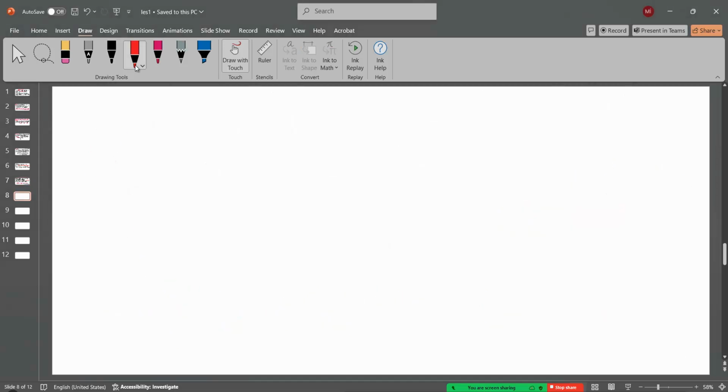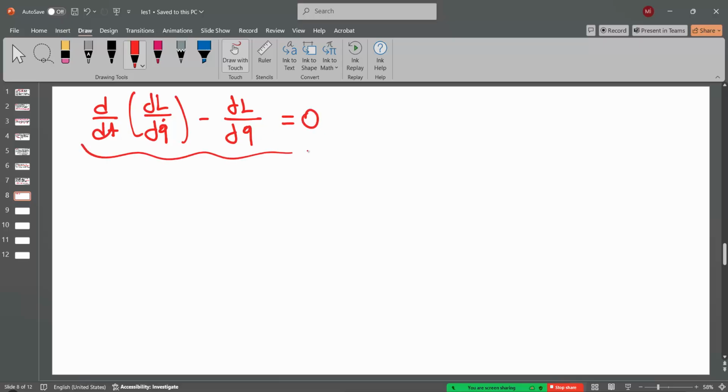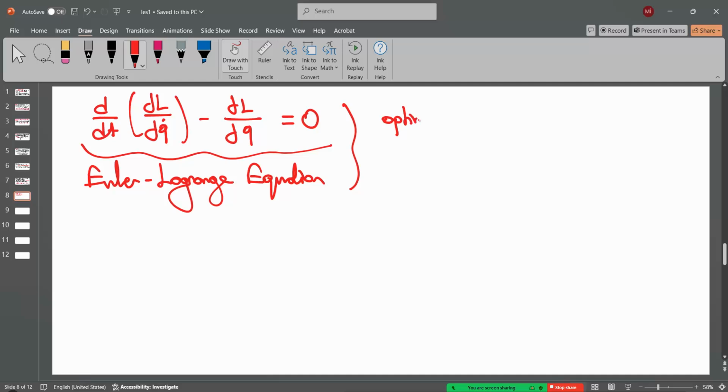we can write that d over dt of dL/dq dot minus dL/dq must be equal to the 0. And so this is called the Euler-Lagrange equation. And so it's coming from the what? The optimization solution of the least action theorem